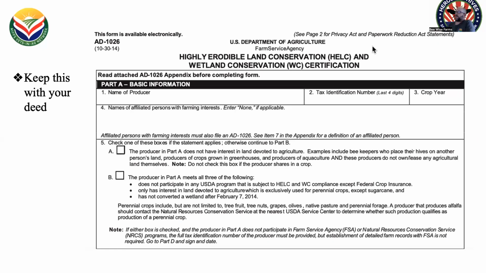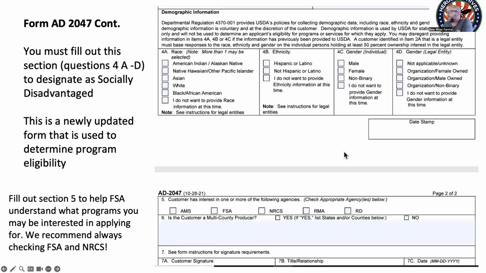So let's talk about this form. What we're going to do is put the name of the producer in here, our tax identification number, the crop year that we're in currently, and then the names and persons affiliated with this farming interest. Now, the first question here, number 5: check one of these boxes if the statement applies. Otherwise, continue to part B. The first one, A, you're going to check if this applies to you. A: the producer in Part A, which is this part right here, does not have interest in land devoted to agriculture. Examples include,